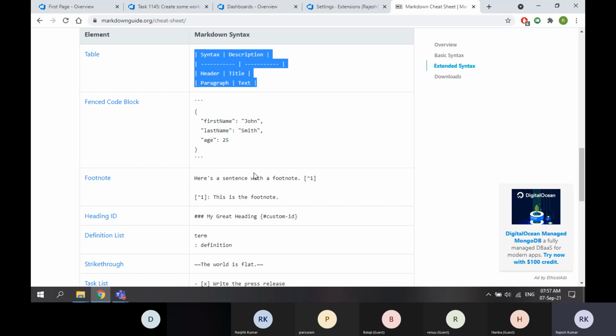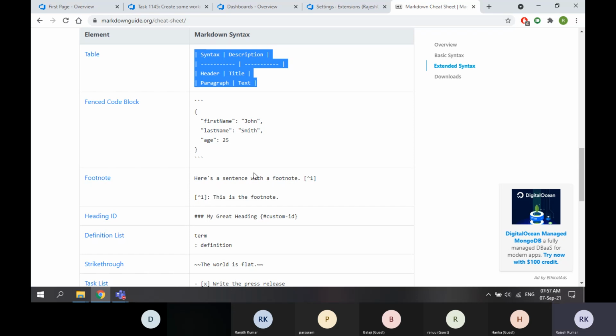Why? Because nowadays Markdown is widely used in Azure DevOps projects. And especially if you want to get close with your managers, it always helps. Why? Because documentation is always managers' work. And if you know Markdown, you can help them. When you help them, obviously you make a good impression and you will get an early promotion.